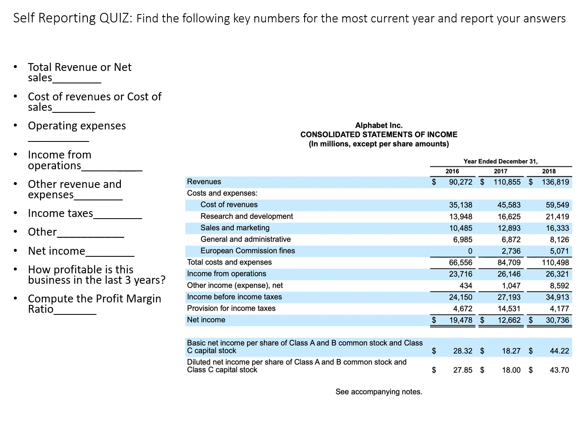Welcome back. Let's look at the numbers for 2018. If I was looking for total revenue or net sales, I would see that in millions, it's 136,819. The cost of revenues is 59,549. The operating expenses, if I add up all of these, comes to 50,949, so that my income from operations is 26,321. My other income and expenses is 85.92. My income tax expense is 4,177, and my net income is